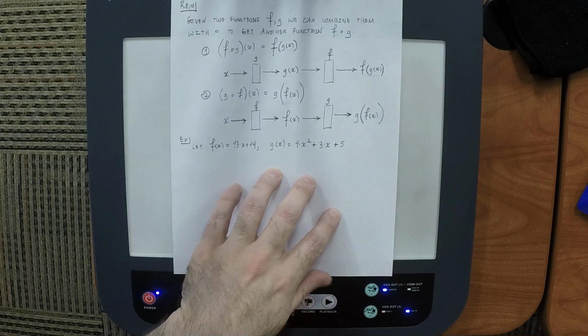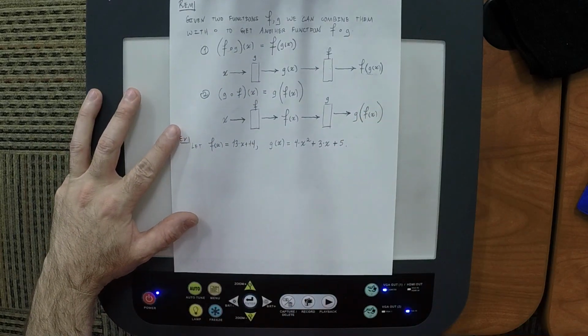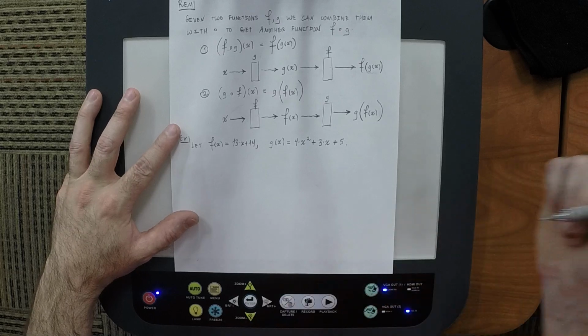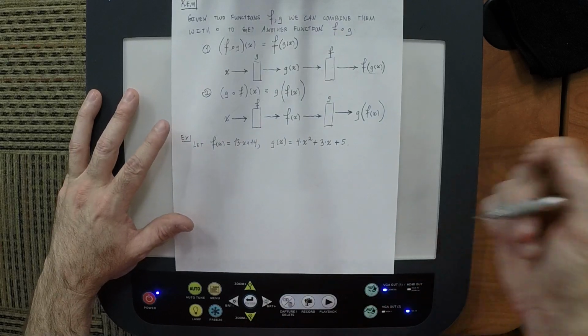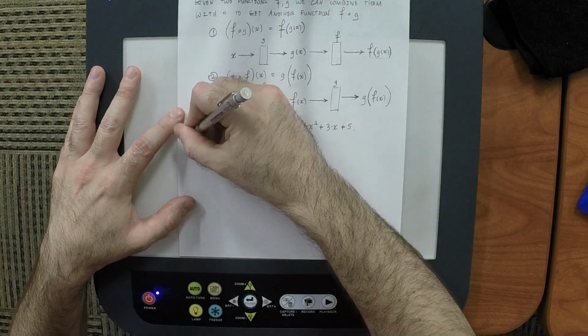So we've got two functions, and what we're going to do is compose these functions in both orders and simplify. On the one hand, we'll practice doing that as a thing unto itself, but we're also going to witness that the results are different. So first,